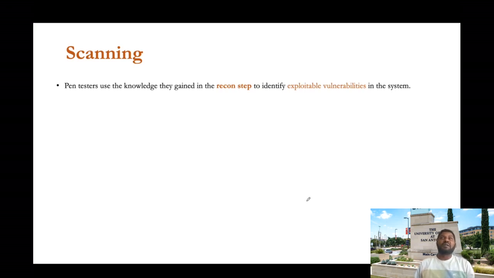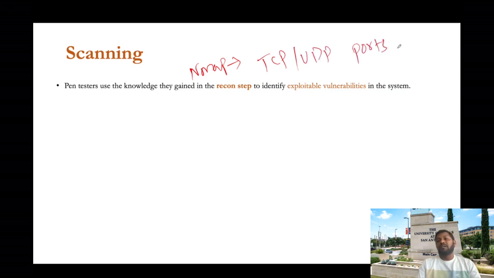For example, pen testers may use port scanners like, as we said, Nmap. The port scanner is used to check whether the TCP ports or UDP ports are open or closed. If they are open, then those ports can be used to connect to the target. Nmap looks for these open ports where they can send the malware to